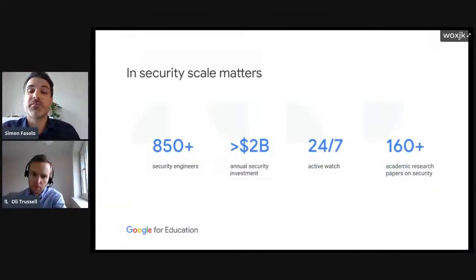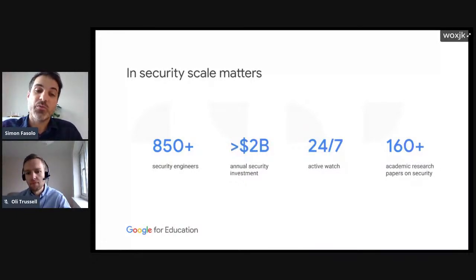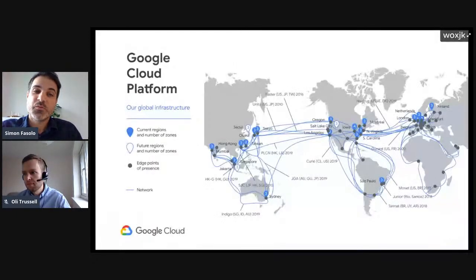In order to secure this infrastructure, we've got more than 850 security engineers. We're investing more than 2 billion annually on security, and there's a lot of research as well involved. It's worth pointing out,